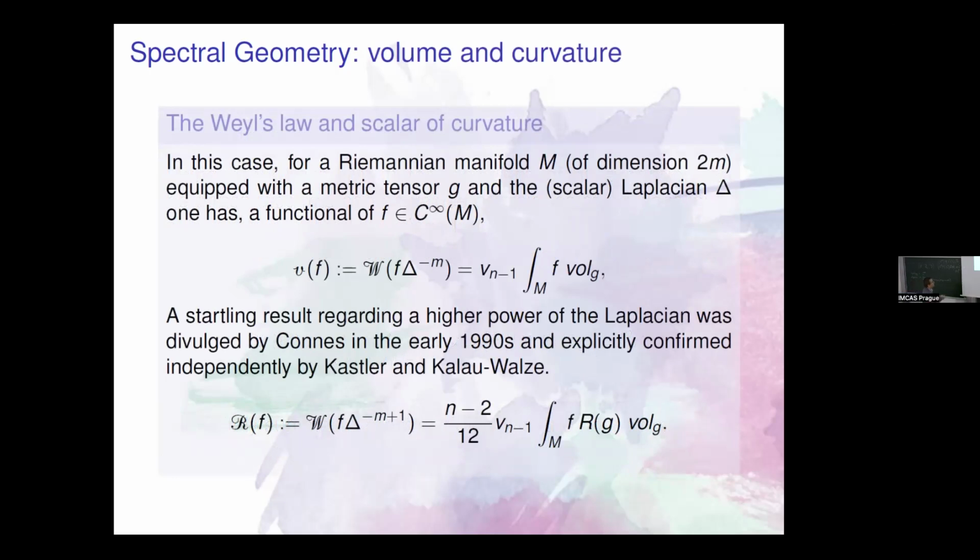And what do we know? Oh, sorry, yeah, this works. What do we know? That if we take a function and try to compute something, for simplicity, we take an even dimensional manifold just to avoid square roots. It doesn't really matter that much because the Laplace operator is a positive operator, so no problem, but for simplicity, we avoid square roots. So let's look at the following thing, and let's treat it as a functional. You take a function, and you take an operator, which is a pseudo-differential operator, which is f times